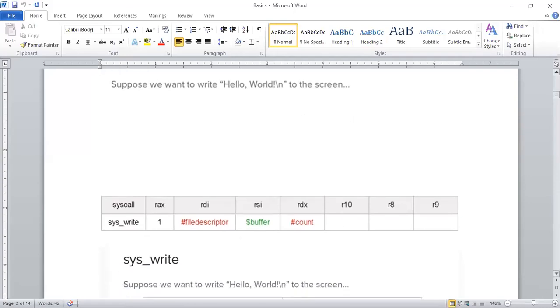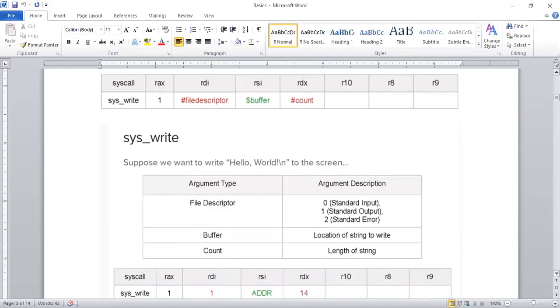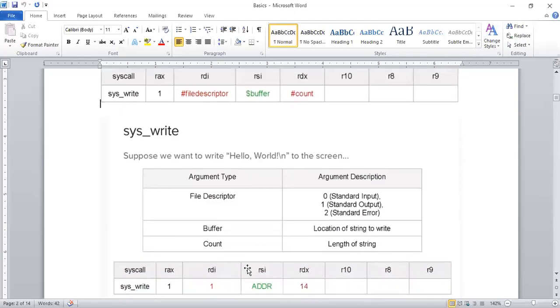What it is having for write, for values it is changing. So what is the file descriptor you are having? File descriptors are having with the parameters that can be 0 for standard input, 1 for standard output, and 2 for error. By getting these values for these registers,